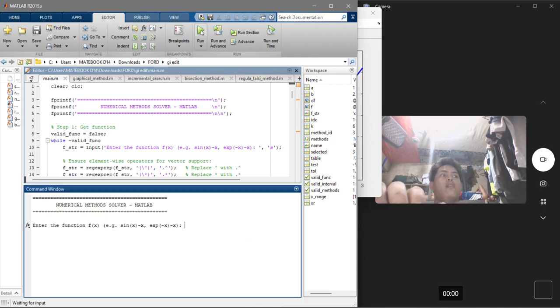Next, we're going to the false position method or the regula falsi. False position is similar to bisection, but instead of using the midpoint, it uses a linear interpolation to estimate the root.